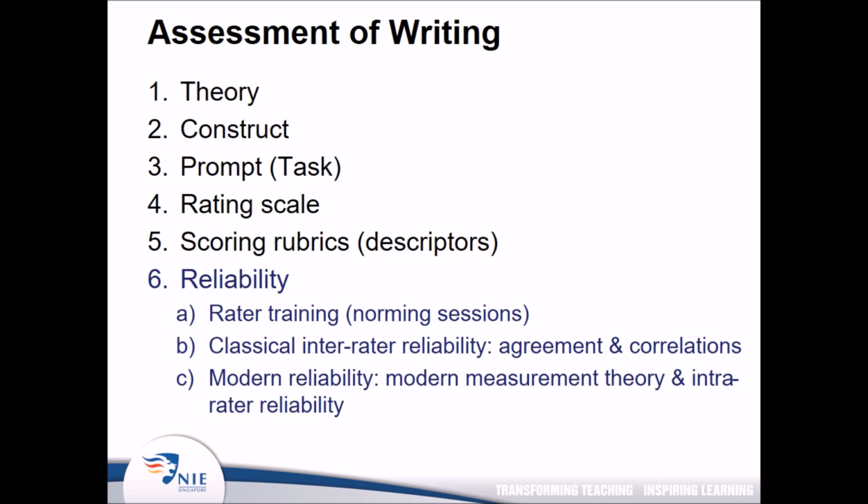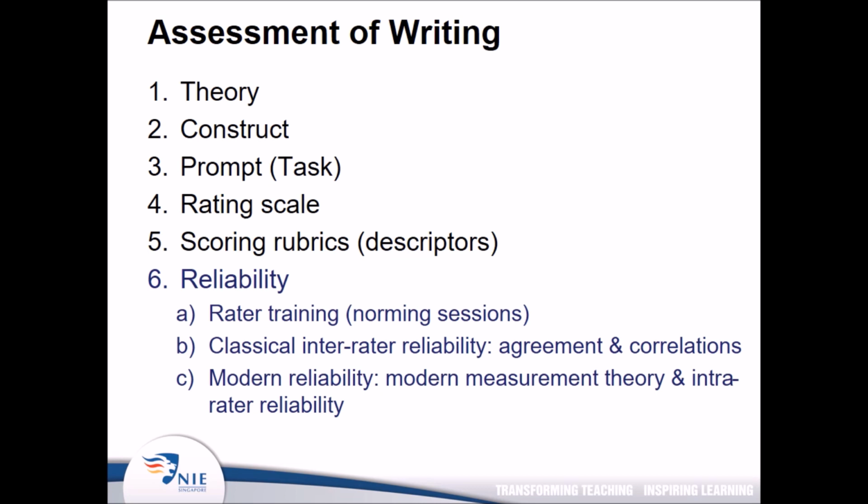A rating scale also has a rubric, a scoring rubric, that has descriptors. For example, a scoring rubric which is based on an analytical assessment model would break down the writing ability into several components. I'll give you examples later. And we also need to remember that everything that has been said so far, from number 1 all the way to number 5, has to be clear enough to improve reliability of the scores as well as validity.